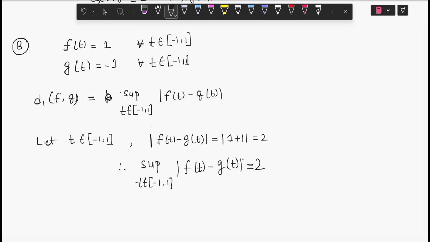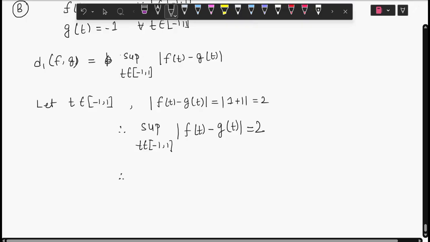So हम लोग क्या बोल सकते हैं कि therefore d1 of this particular fg is equal to 2, and hence